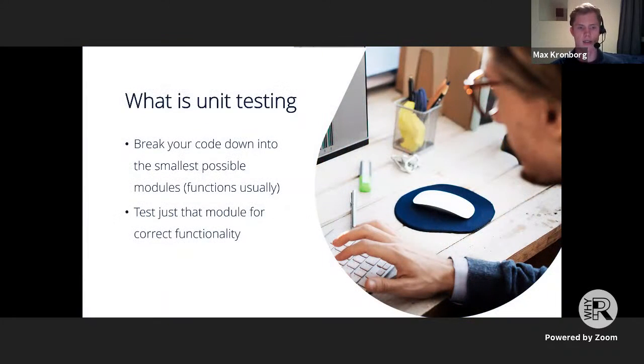The idea essentially is to test everything in units. So what you should do is break your code into the smallest possible and simple functions. So instead of having one long script that does everything, you should break each logical step into a function, which then lets you test that. So you can test each segment instead of necessarily the whole thing, which can make it a bit more complex.